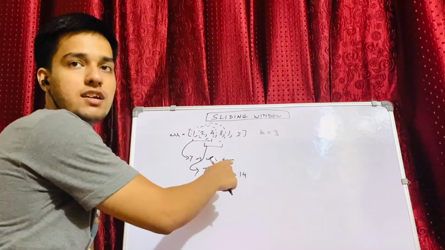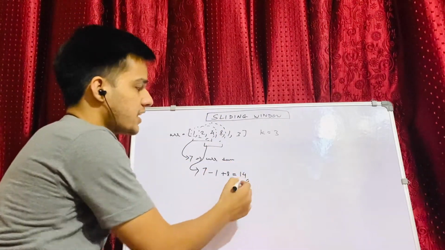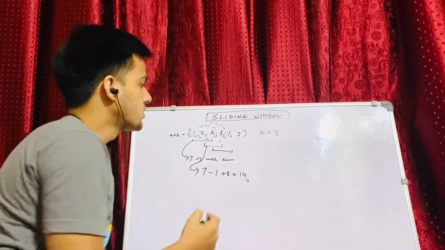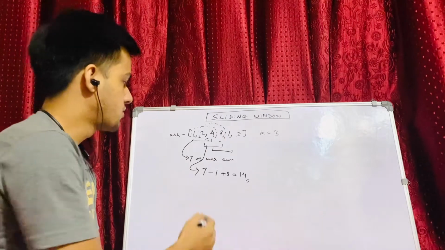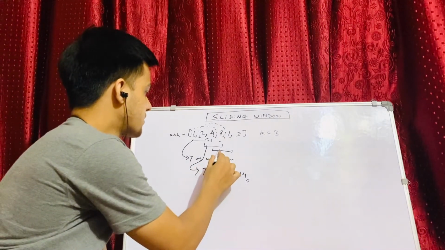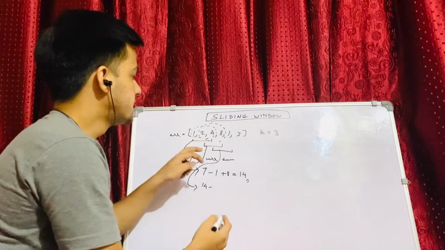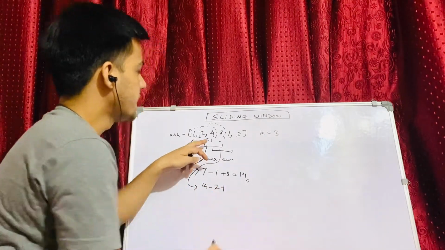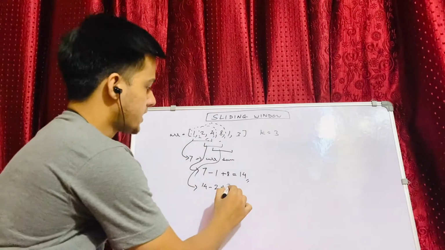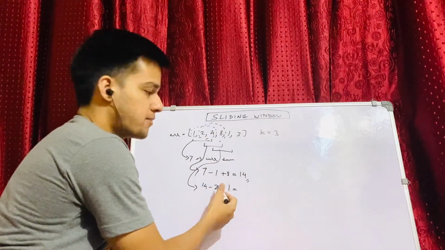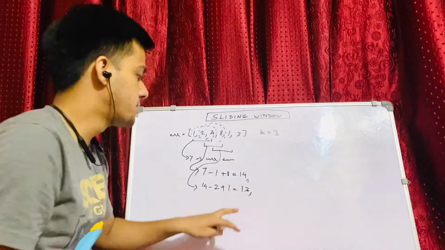The same thing we can follow if now we have this as my current sum, and I need to find it for the next window that I have. So I would be doing the same process for this as well. I have 14. I can remove the first element in my current window, which is 2. I can add the next element, which is 1 again, right? So here I can see that 14 minus 2 is 12, plus 1, which is 13. So this becomes the current sum.